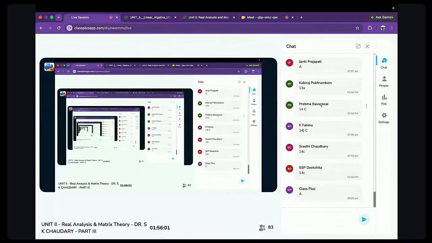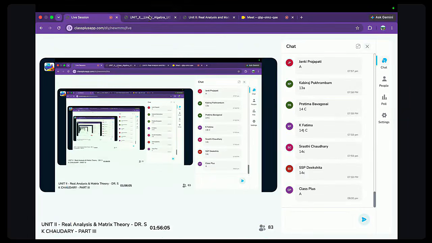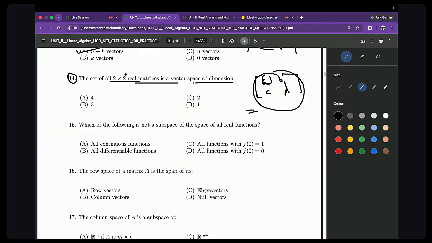तो आप लोग आंसर मतलब कैसे आ रहा है 14 का? ये सब लोग C आंसर बता रहे हैं, क्यों भाई? C में क्या है? टू क्यों होगा? 2x2 में कितने एलिमेंट होते हैं? चार एलिमेंट होते हैं ना, तो डायमेंशन 4 होगा। नंबर ऑफ फ्री वेरिएबल, तो आपको 2x2 मैट्रिक्स डिसाइड करना है, तो there are 4 variables, तो यहाँ स्पैन करोगे तो स्पैन में चार वेक्टर आएगा, 1 0 0 0, 0 1 0 0, 0 0 1 0, 0 0 0 1, चार आएगा, ठीक है।